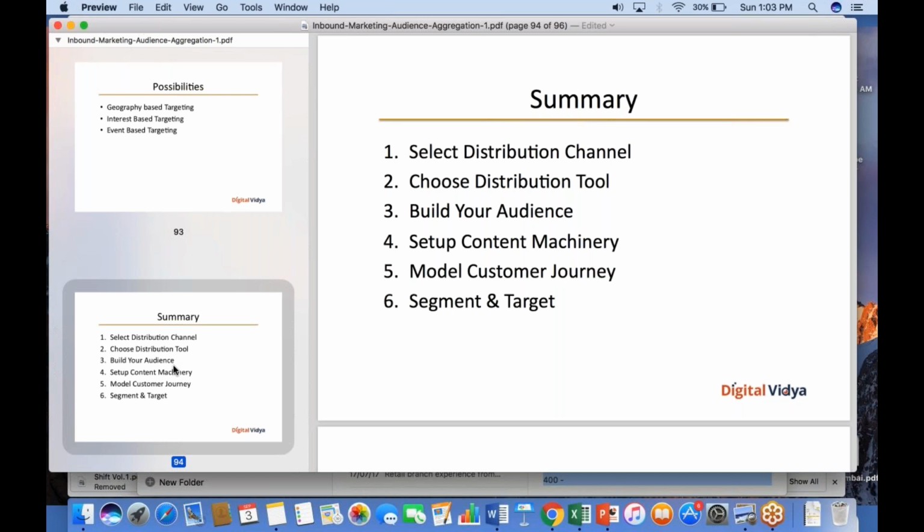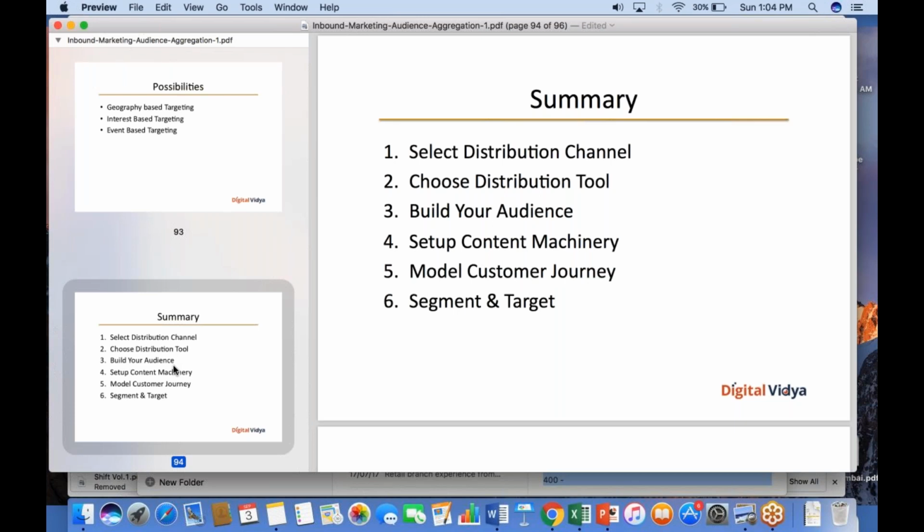And then you go about setting up your content machinery, and that involves several things. Some of the work you can do in house, it can be completely in house. Some of it needs to be outsourced. You can curate content in a scientific fashion by making use of several tools such as Curata. And the other thing you need to do is to model your entire customer's journey, right? And that again, there is no one size fits all approach.